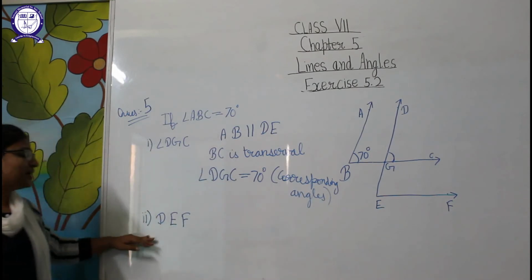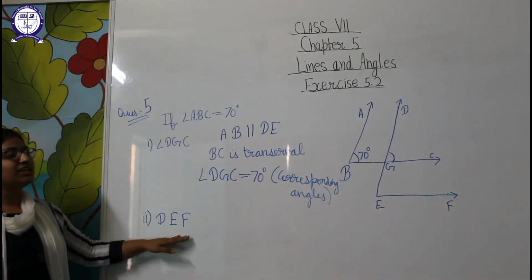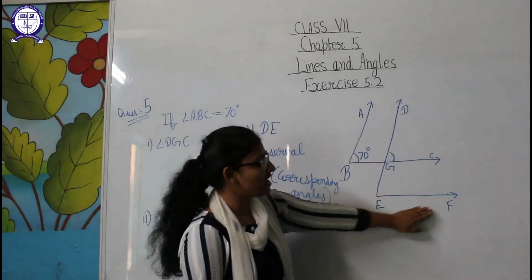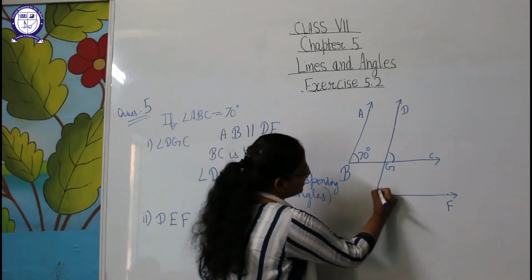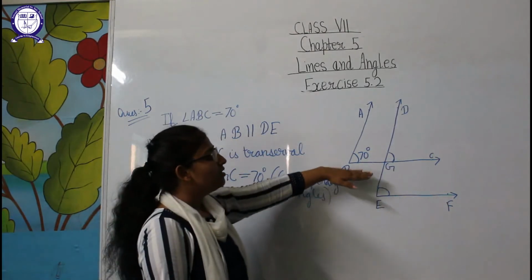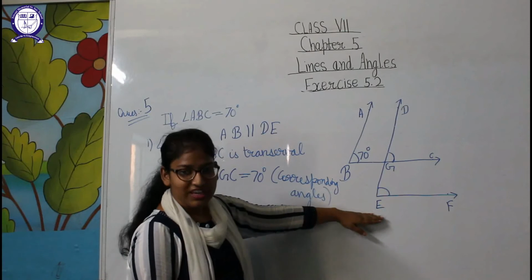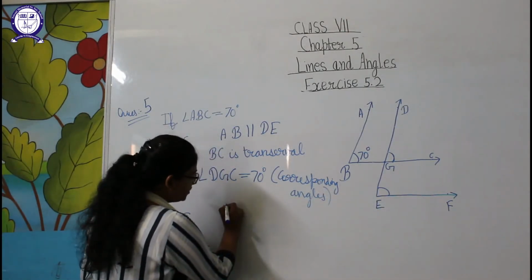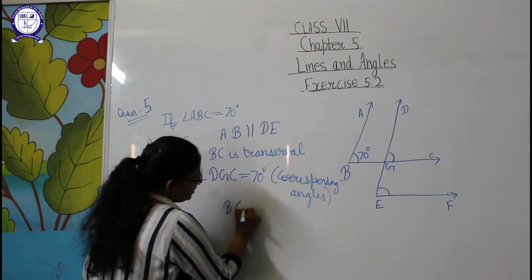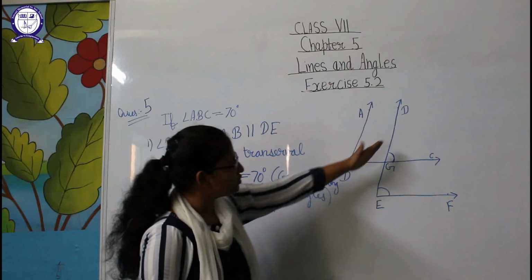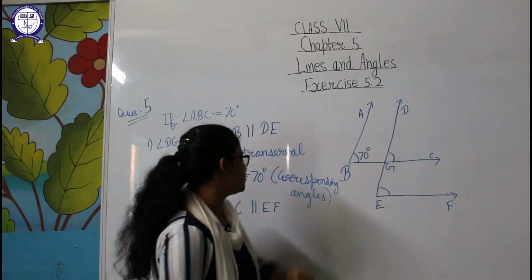Now our next part is we have to find the value of DEF. So in the figure we will see what is DEF. So this is angle DEF here. In this, BC is parallel to EF. It is already given to us. So we will write here BC is parallel to EF, and if we use this line DE as transversal,